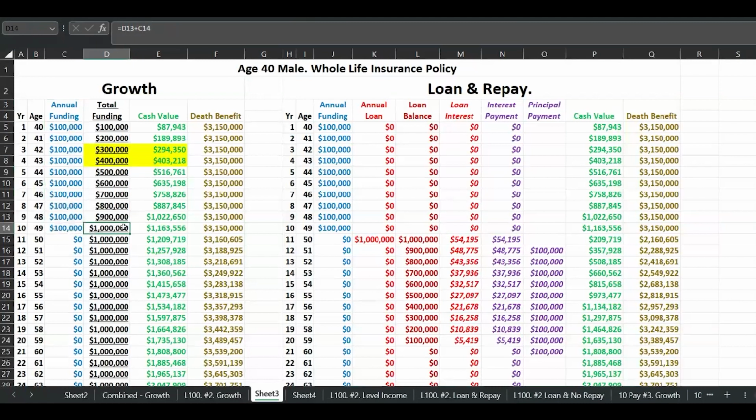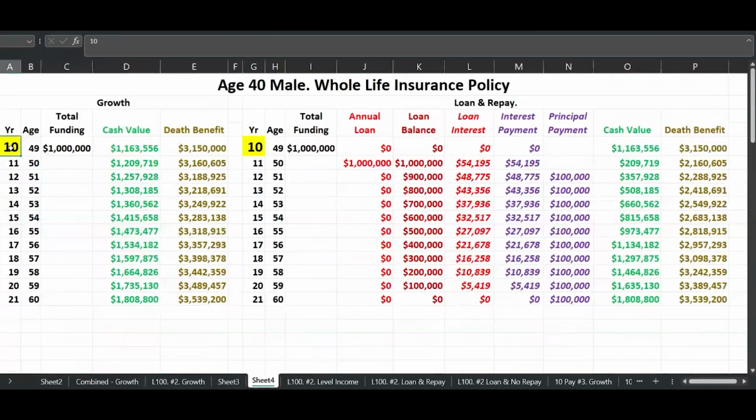A nice round number. If you look at this number and say, hey, that's kind of large there, I don't know if that fits my situation, we could take a zero off and everything will perform in a very, very similar manner. But a point we hit on earlier is that in order to build cash value, we need to fund the policy. How much he's funding this policy with is a total of $1 million over 10 years. So by year 10, that's where we're going to start here. You have funded $1 million. Your cash value is 1.1 and you've got a death benefit of 3.15.